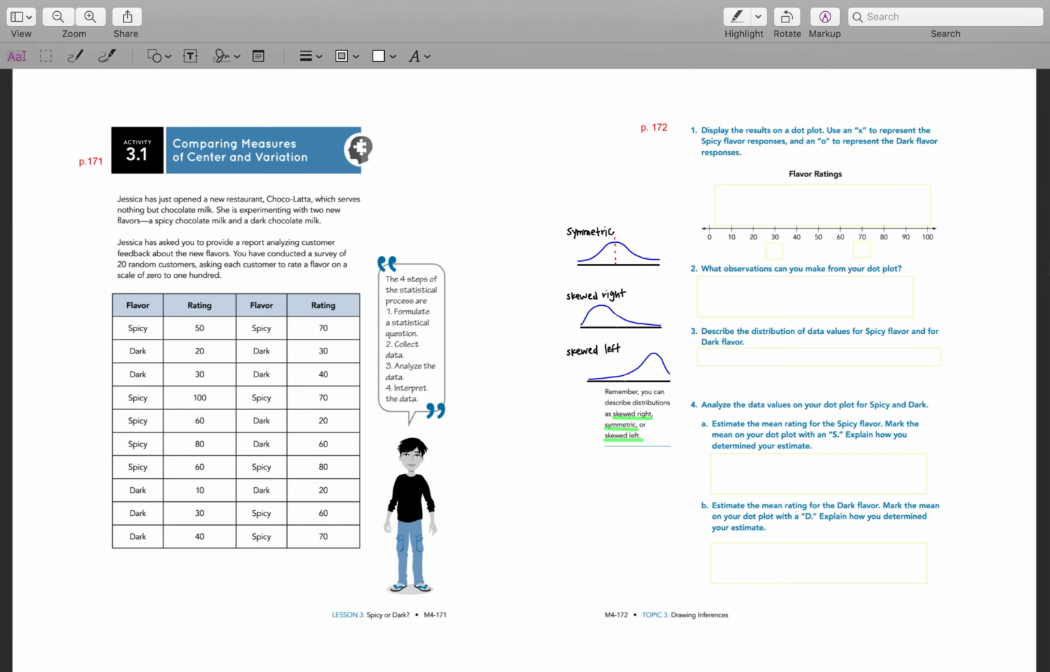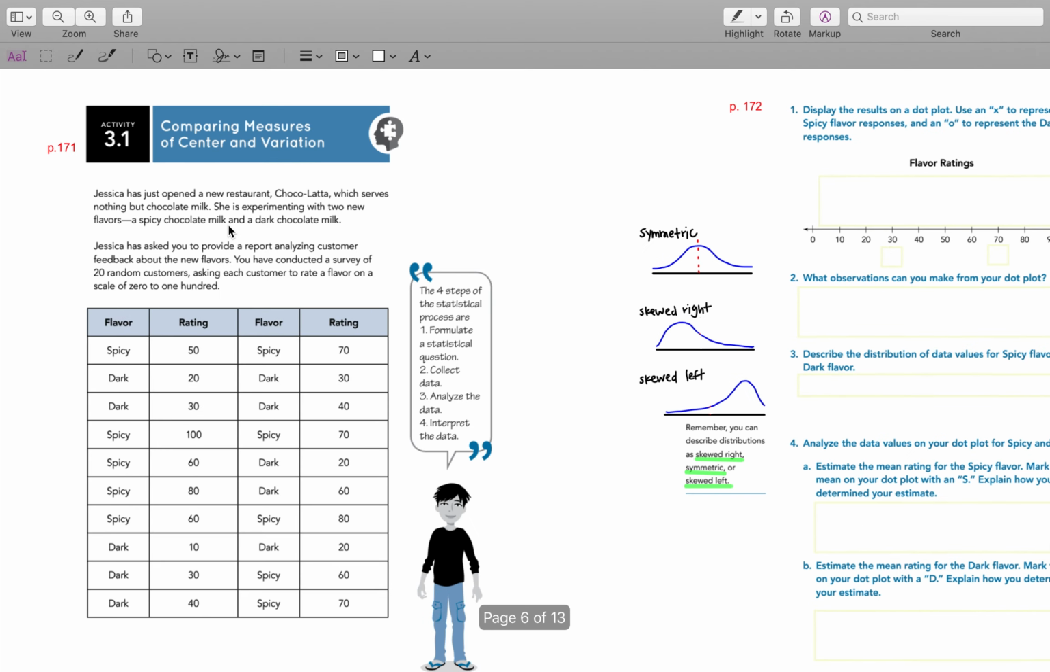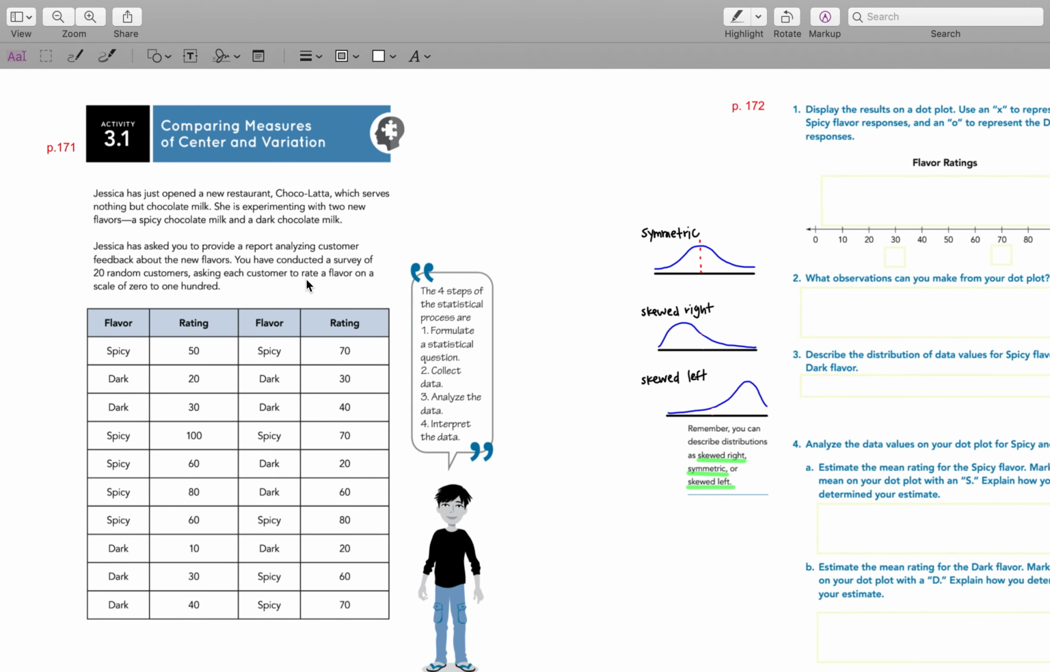All right, page 171. Jessica has just opened a new restaurant, Chocolata, which serves nothing but chocolate milk. She is experimenting with two new flavors, a spicy chocolate milk and a dark chocolate milk. Jessica has asked you to provide a report analyzing customer feedback about the new flavors. You have conducted a survey of 20 random customers, asking each customer to rate a flavor on a scale of